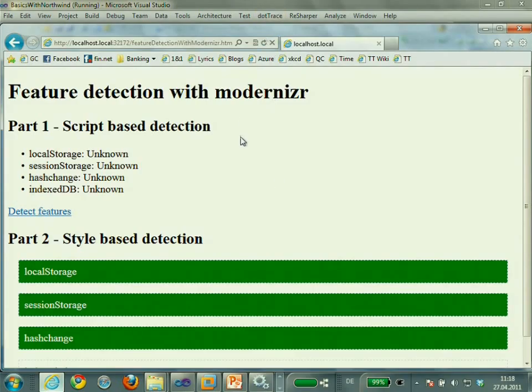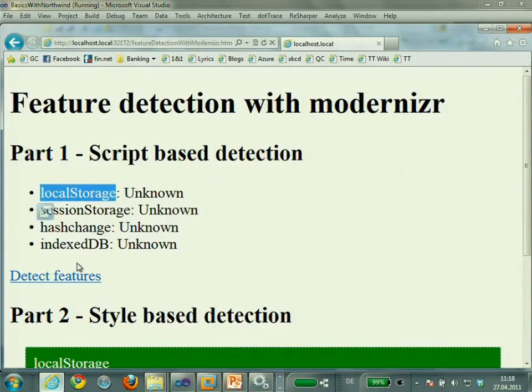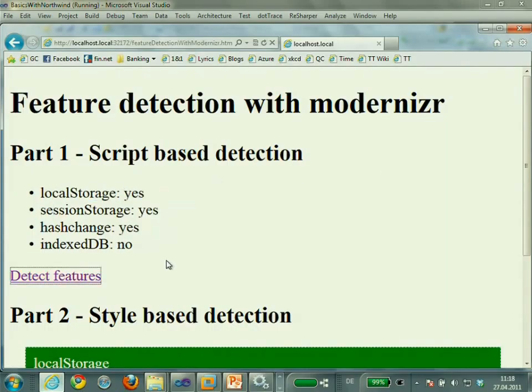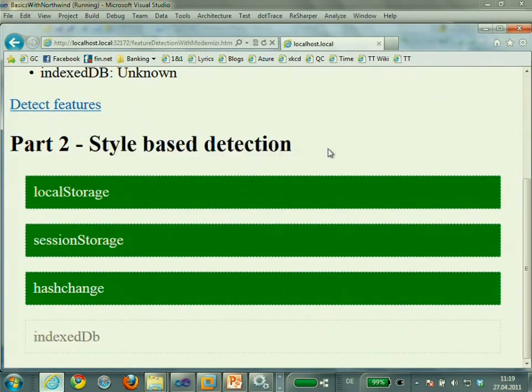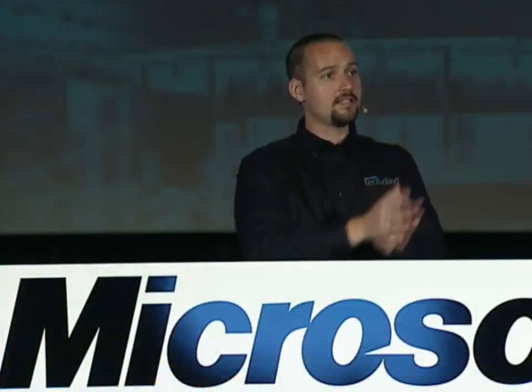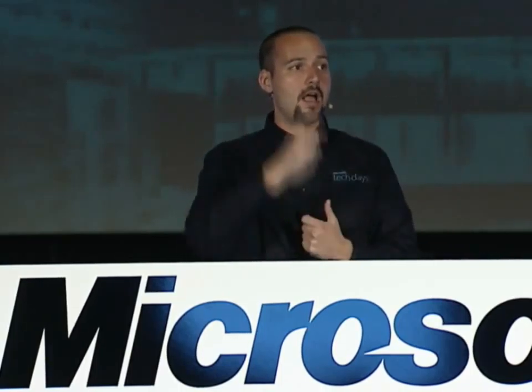There are two ways to do feature detection with Modernizr. The first one is script-based detection. I'm going to show you the code in a second, in which you can just use JavaScript to find out if your browser has a feature or not. And that's always one line of code. Modernizr provides you one particular property for each feature, which you can address and which is documented. Or Modernizr also provides you style-based detection, in which case Modernizr changes the HTML tag at the top of the page and adds styles for every feature your browser has. They add a class to the top-level HTML element